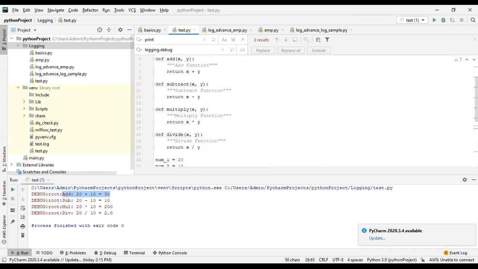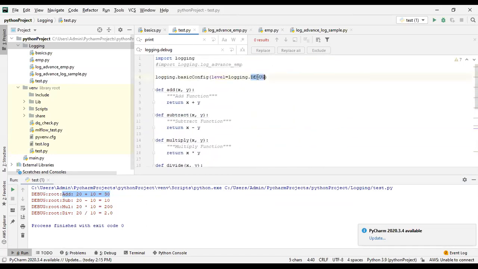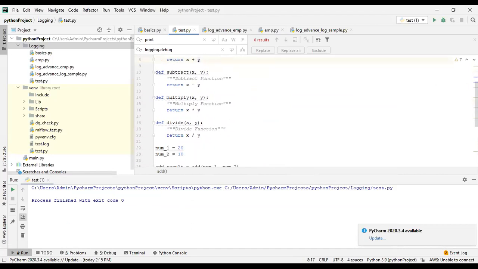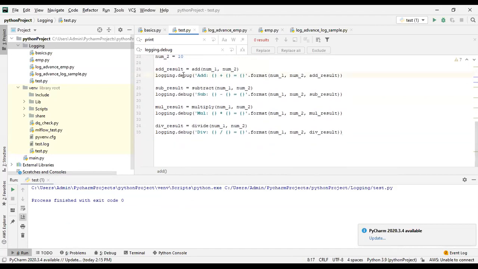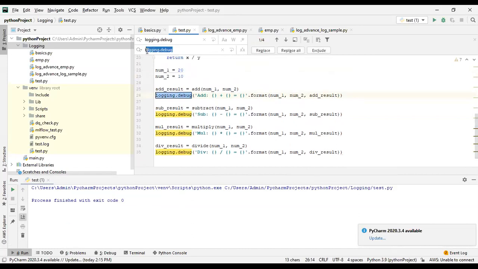When you set the level to info, the same messages will appear, but the level will change. Why is it not printing? Here I'm using debug only. So when you change the level to a different level, you have to change the logging statements again, to logging.info.